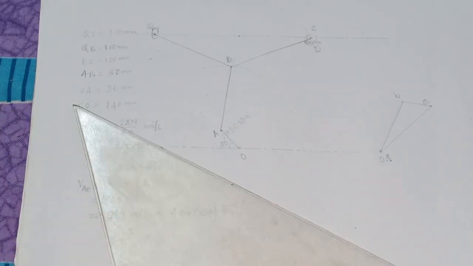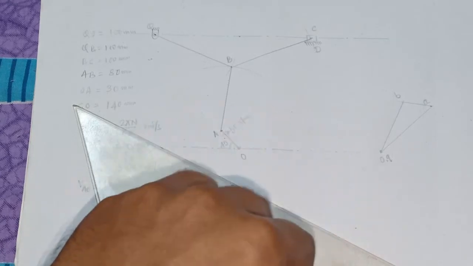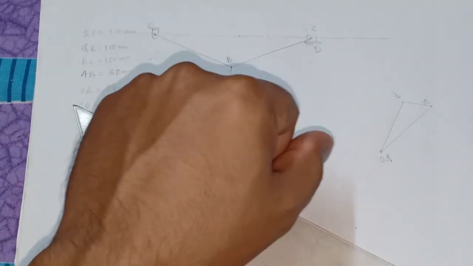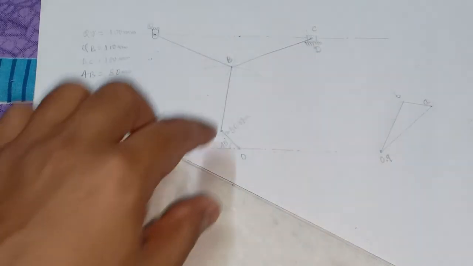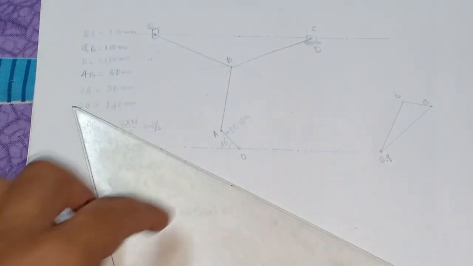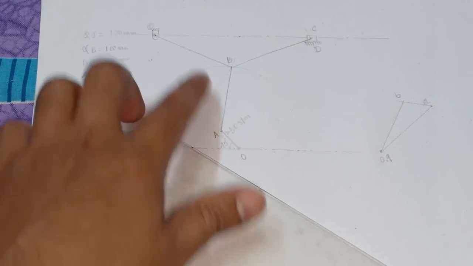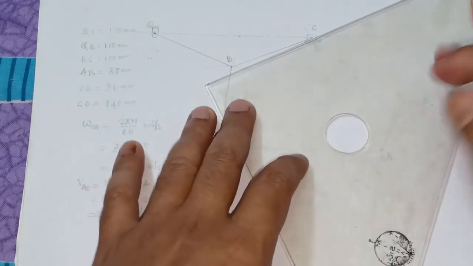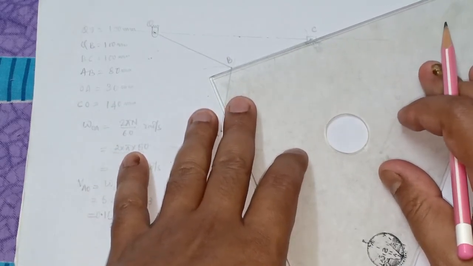Right, now we do have another two links remaining whose velocity we did not find yet. One is B to C, another one is C related to D. Now let's draw the linear velocity vector of the BC link. Obviously it will be similar to what we did in the case of OA, AB and QB. Okay, now let's again draw the parallel of BC.